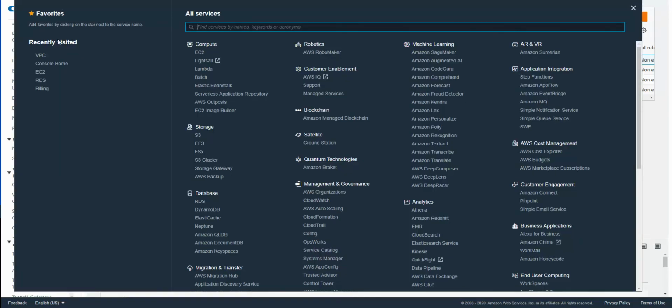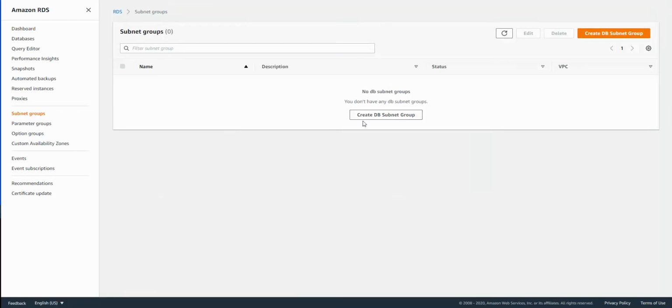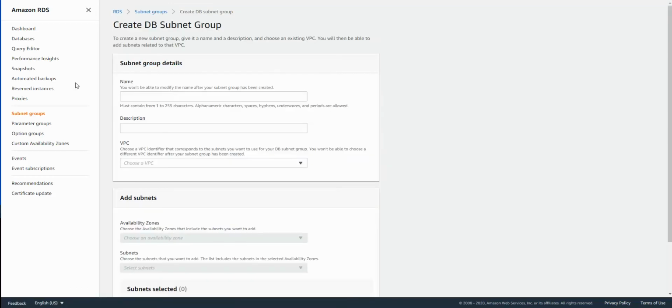So we are going to get started with creating our Oracle database SE2 in RDS. So let's go ahead and do that. To start with, the first thing is we need to create a subnet group.